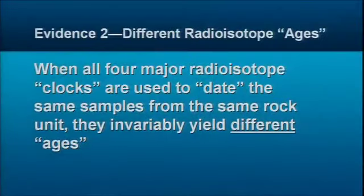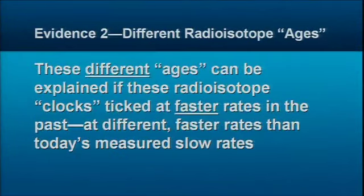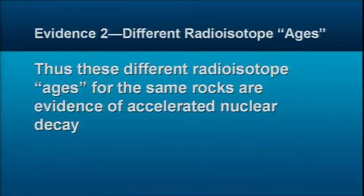When all four major methods were used to date the same samples from the same rocks, they invariably yielded different ages. And these different ages can be explained if these radioactive clocks ticked at faster rates in the past, at different faster rates than today's measured slow rates. And so we have to conclude that these different radioisotope ages from the same rocks are evidence of accelerated nuclear decay, matching what we discovered from the helium leaking out of those zircon crystals. Evidence number 3,